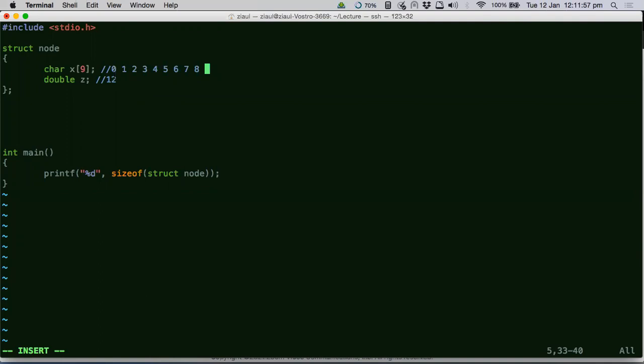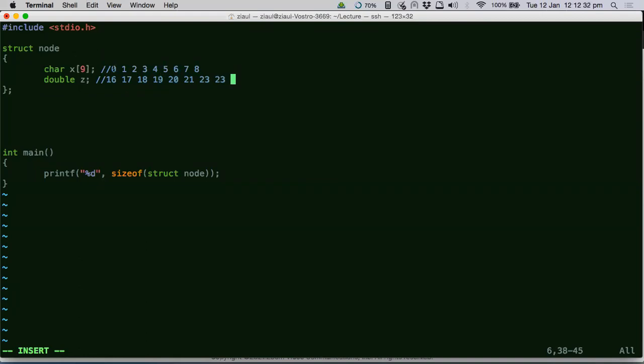You are correct, all of you. So this goes to 9, and then the second member cannot start from 9 because 9 is not divisible by 8. What should it start from? The first 9 bytes go to the first member, and then the second member starts at 16. It goes up to 16, 17, 18, 19, 20, 21, 22, 23.